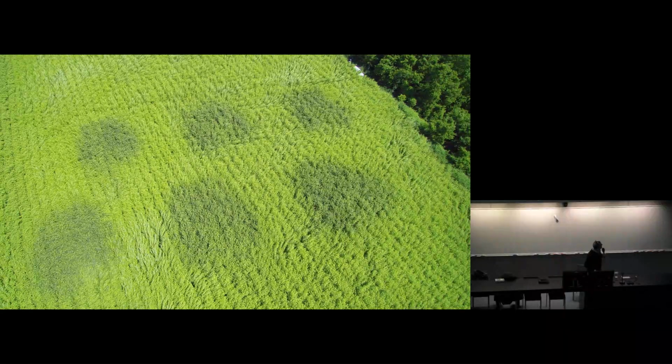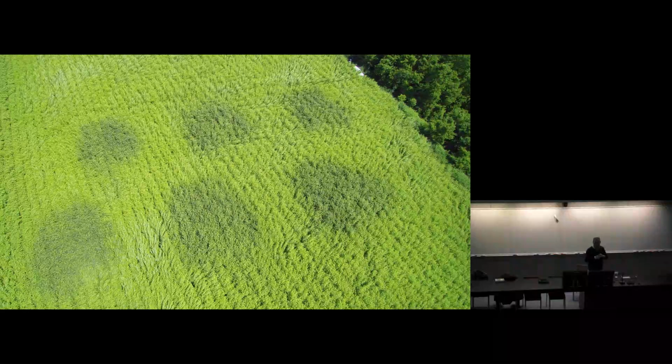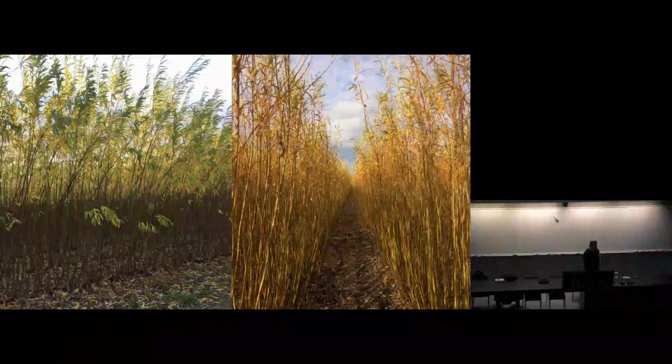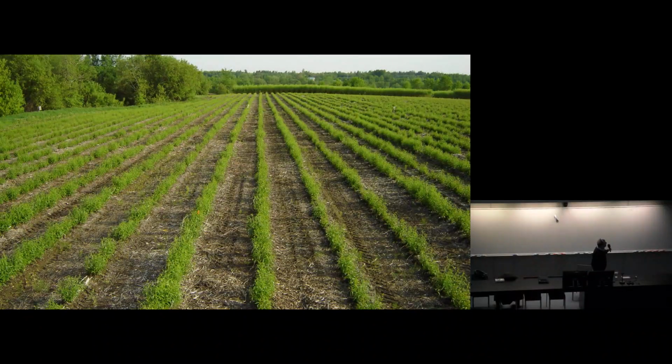Some pictures of the sites here. You see the greener color here of the plots is because we were supplying nitrogen, and nitrogen is the precursor form of chlorophyll. So you add nitrogen, you have greener plants. Here are some pictures within the filter. Okay, it's like a field, you know, very straight and very dense biomass. This is the filter after harvesting the biomass,